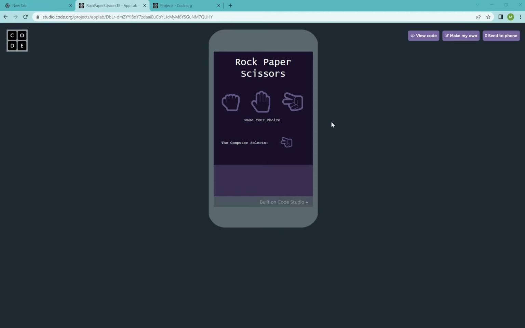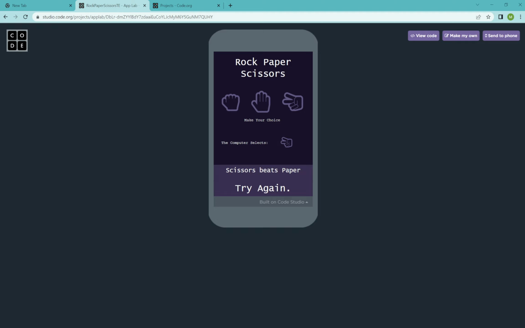The user interface is presented in a mobile-first approach, so the user has three selections. Once you make a choice, we have the rock icon on the left, paper in the middle, scissors to the right. Take a look down below here. Once the user selects their choice, the computer will actually randomly select its choice of the three, and down below we'll get the output. So I'm going to select paper first,